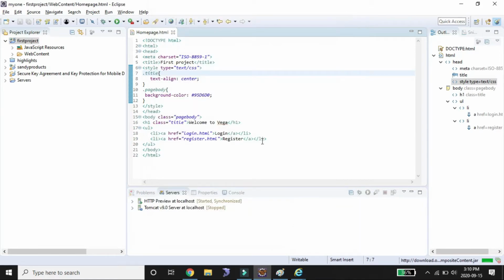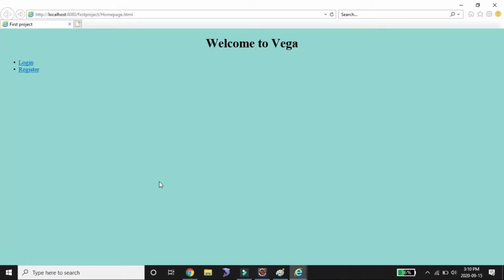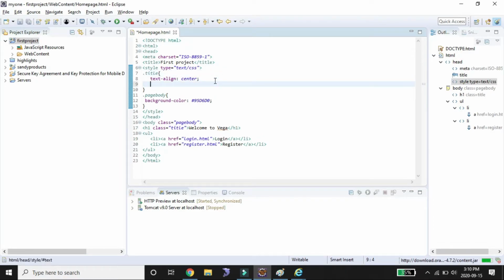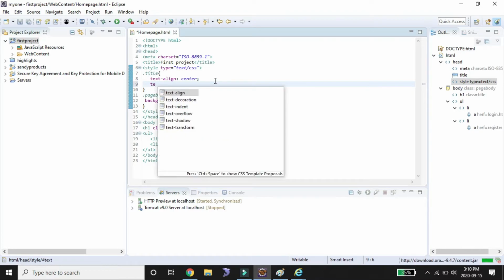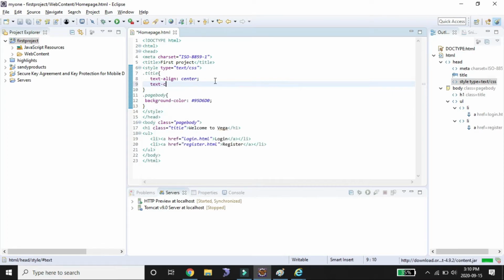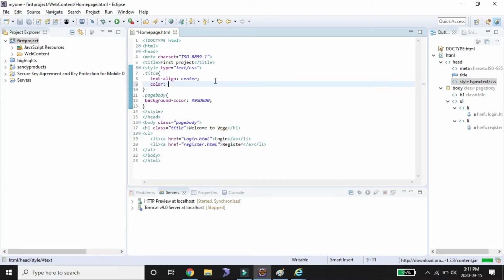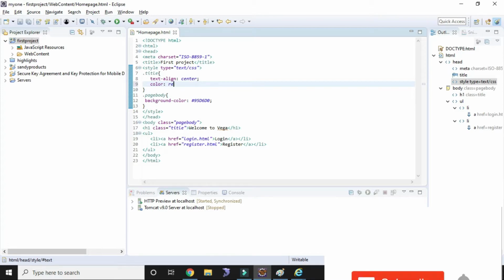Finish. So see here, the background color is applied, and welcome to Vega is also in the center. If you want to change the welcome to Vega color, so text hyphen color. We have an attribute color, so we need to represent that as red.